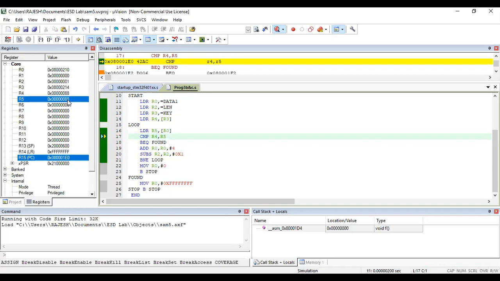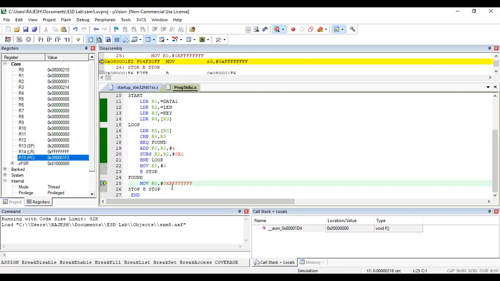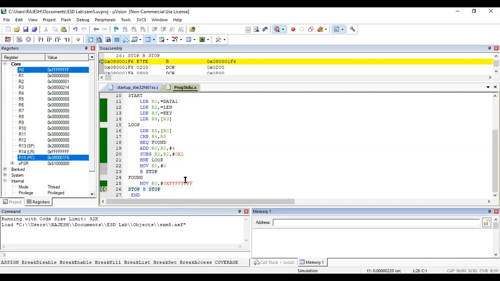So this is the last location. When we compare these two, both are equal. Simply we are moving FFFF into R0. See, R0 is loaded with FF, which means our element is found. So this is how we can debug it.